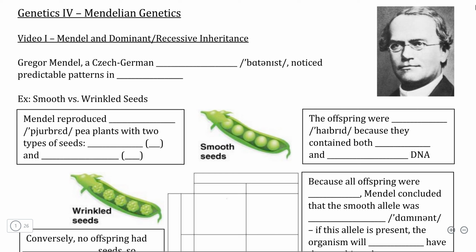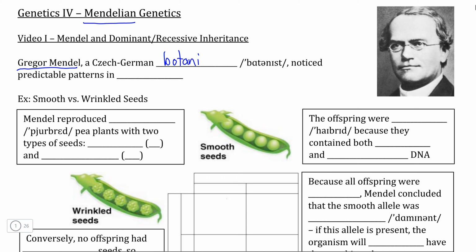In this video, we're going to be learning about the key principles of Mendelian genetics, the branch of genetics that concerns itself with predicting whether an offspring organism will inherit the characteristics of its parents or not. Mendelian genetics is actually named after its founder, a Czech-German priest by the name of Gregor Mendel, who also happened